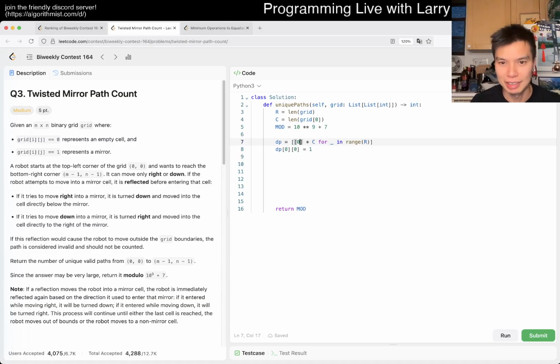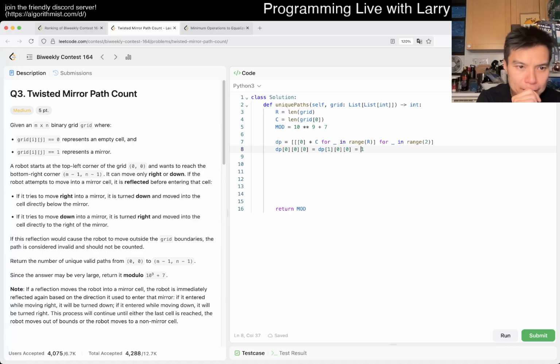And I don't like to write it this way, but I think technically it is more efficient. I think this is right, but okay. Wait. It can only move down and right. It attempts to move to